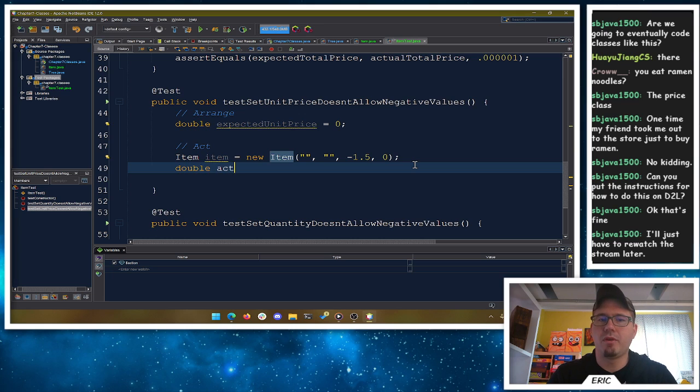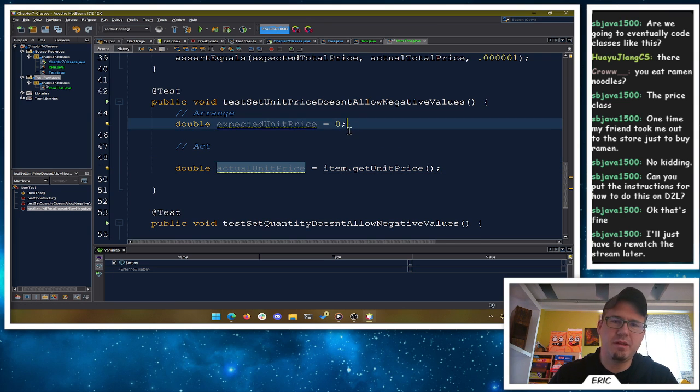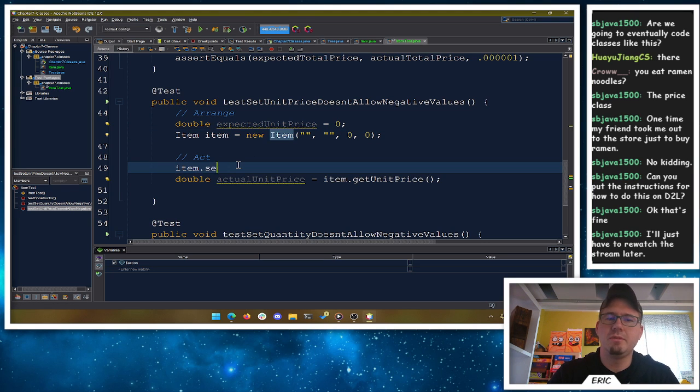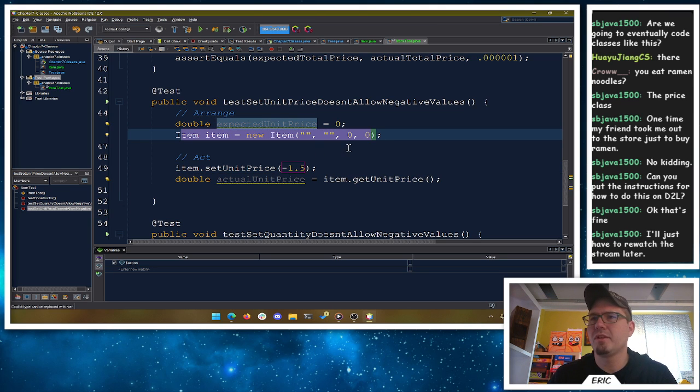And then we'll have a double for actual unit price equals item.getUnitPrice. Now, the other thing we could do, which is probably more proper, is to put zeros up here, and then call item.setUnitPrice, because we want to actually be testing this method explicitly. I know that method gets called in the constructor, so if you did it in the constructor, perfectly fine.